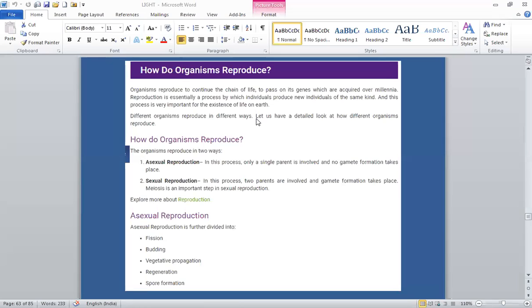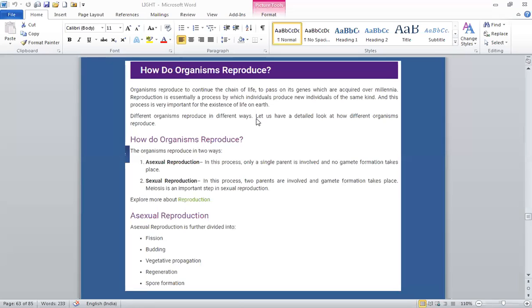Now we'll study about the importance of variations. What are variations and what is the importance of variations? Variations are differences in structure, form, function, and behavior of individuals from the standards of species. They develop in asexually reproducing organisms exclusively by faulty DNA replication. In sexually reproducing organisms, they additionally develop due to crossing over in meiosis, chance separation of chromosomes during gamete formation, and chance combination of chromosomes during fertilization.